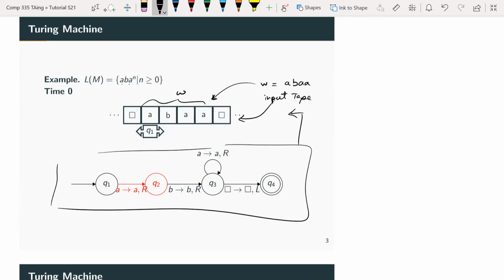And like I said, your initial state always starts at the first symbol of your string, all right? And now let's see what happens when you feed ABAA to this machine. So you start at Q1, right? At Q1, the transition says that if you read an A, then write an A and go to the right. So if you're at Q1, which you are, and you're reading an A, then